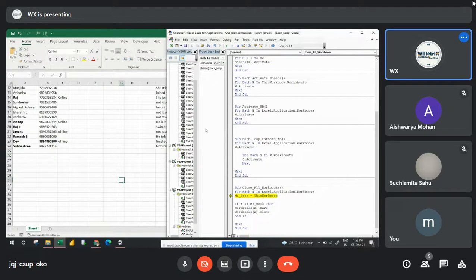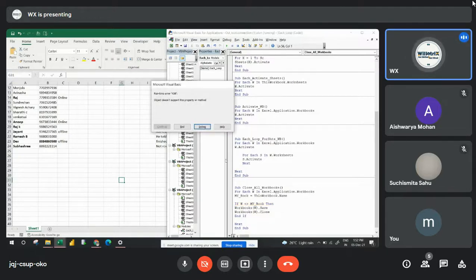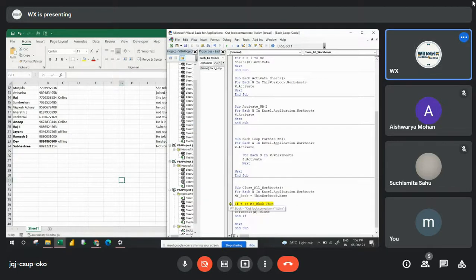Not holding that ThisWorkbook. ThisWorkbook.Name, not only ThisWorkbook. Then if the workbook name doesn't match, here WBName equals W.Name.